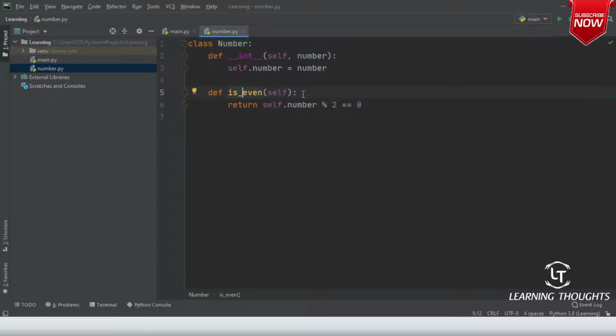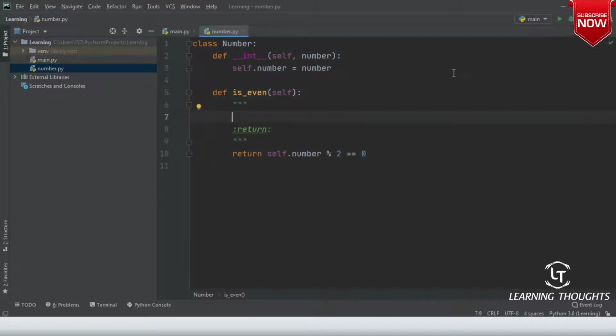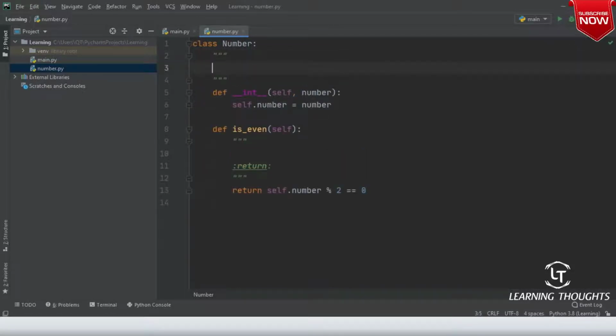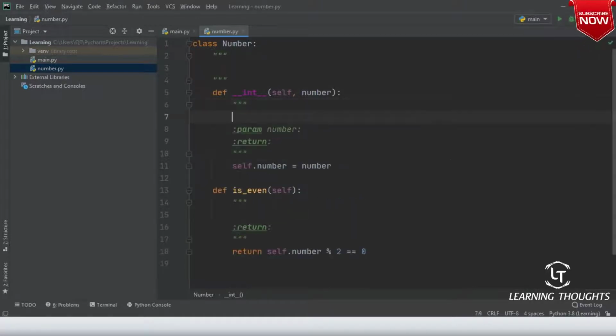Similarly, remember we have implemented doc strings. Python will automatically add this stuff for you. Is it looking better now?